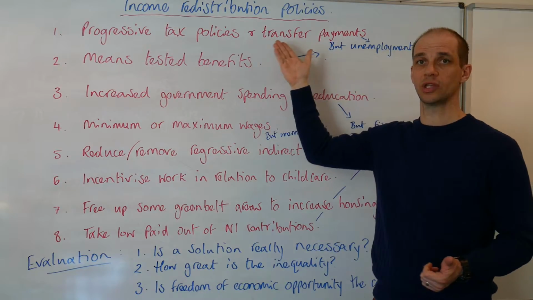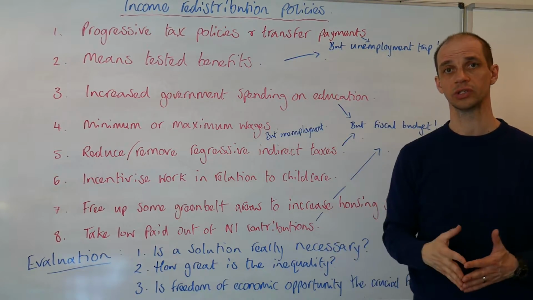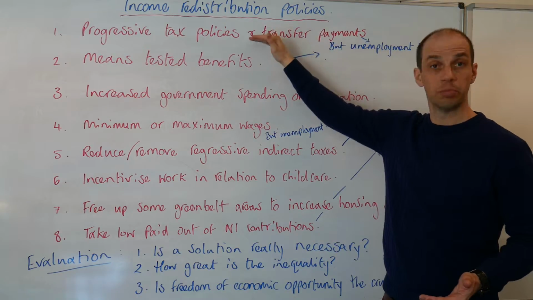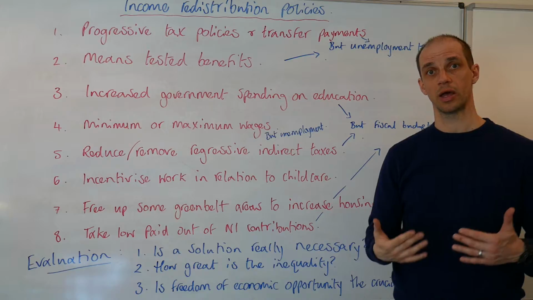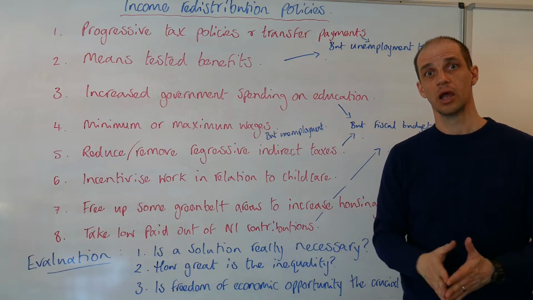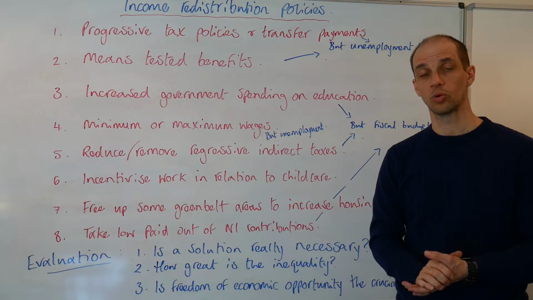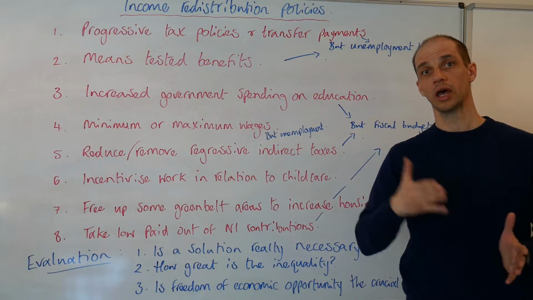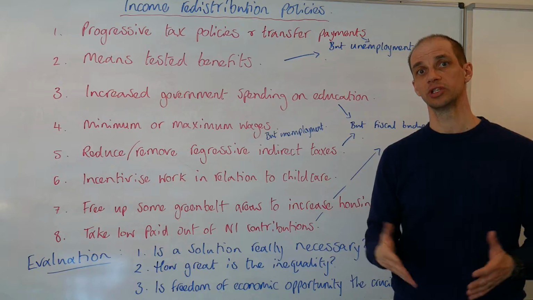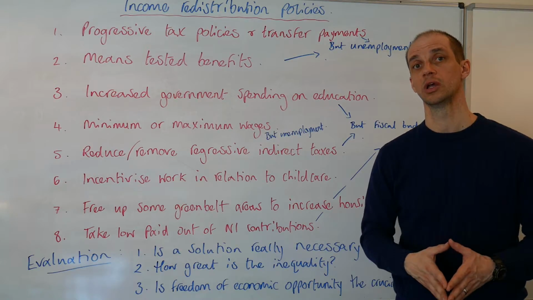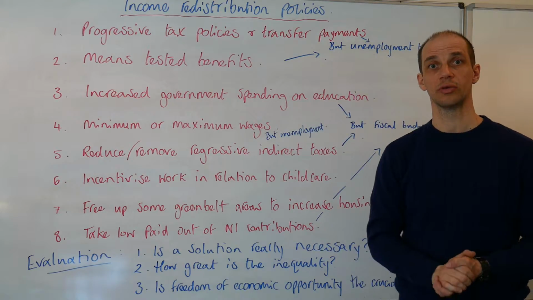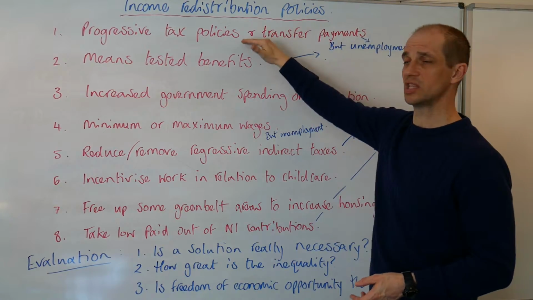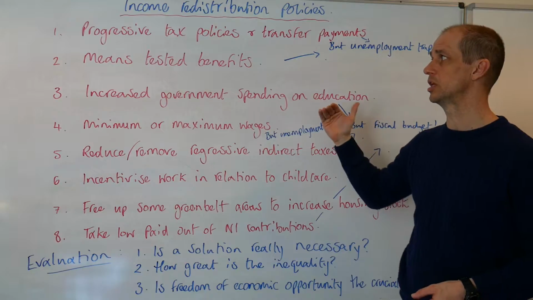Now, one of the areas that has been targeted quite heavily in recent times has been buy-to-let landlords. So if a buy-to-let landlord chooses to sell a home which has doubled in value, they will be taxed quite significantly upon that. Further to that, if they wish to buy additional houses, the stamp duty rate increases, of course. But for first-time buyers, there is no stamp duty up to about 250,000. Okay, so there's a variety of tax policies that can be used.